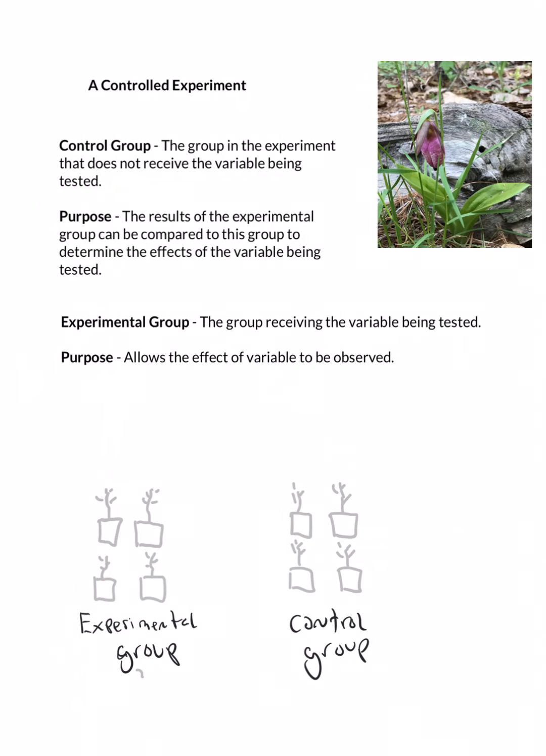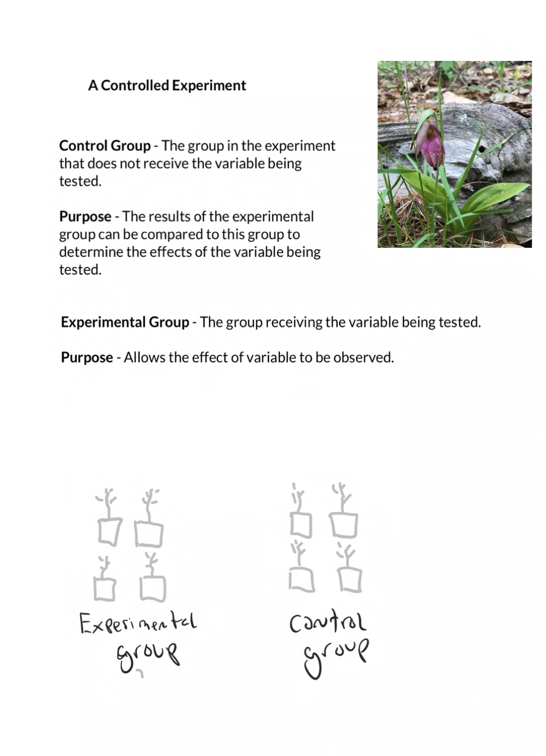Let's look at what a controlled experiment is. Let's define a couple of terms to begin with. One is what a control group is. So we define that as the group in the experiment that does not receive the variable being tested. What's the purpose of it? Well, the results of the experimental group can be compared to this group to determine the effects of the variable